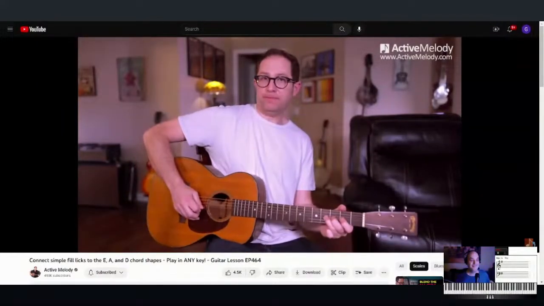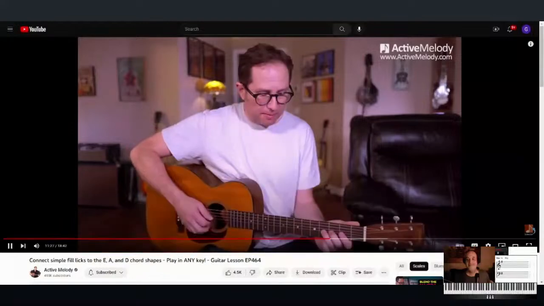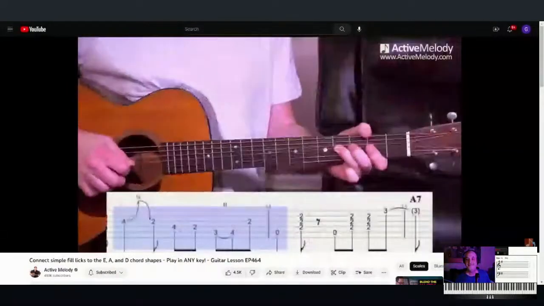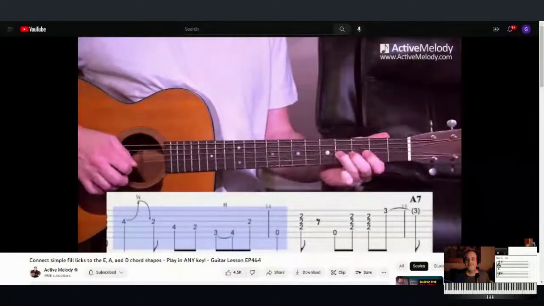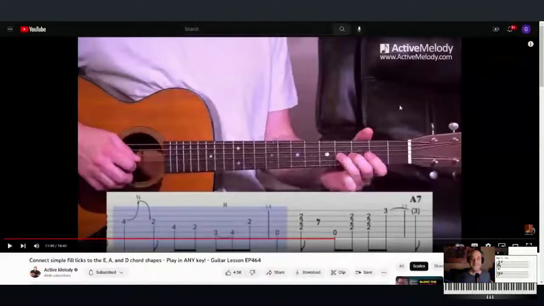Okay, so at this point, the song just repeats itself. So we go back to the A chord. And what I played there started, but this time I'm going to do a little bend here on the 4th fret 3rd string. So it's a bend release. And play the note without the bend. That's 4th fret 3rd string.